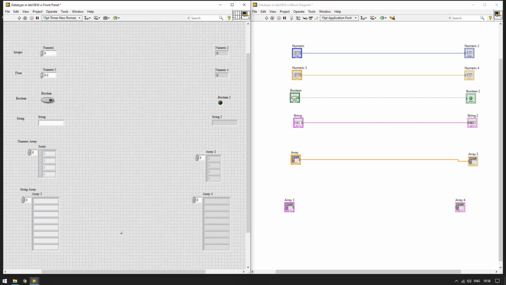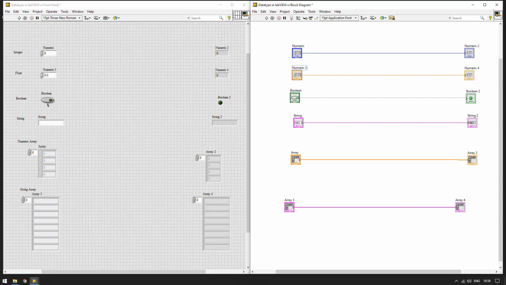Okay, so these are different data types. Now you can see that the lines connecting arrays are much thicker than lines connecting single elements, and that is how you identify that one array is connected to another array, or that the wire is connecting a singular block to a singular output.